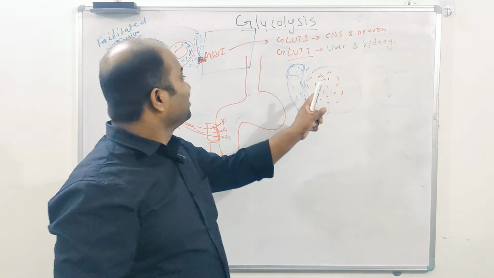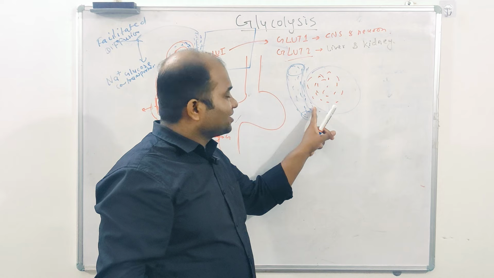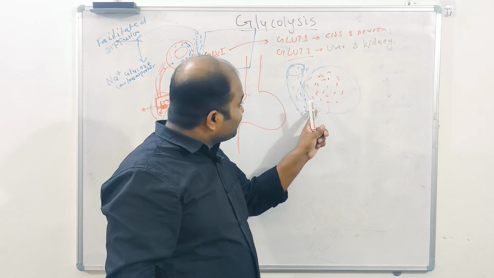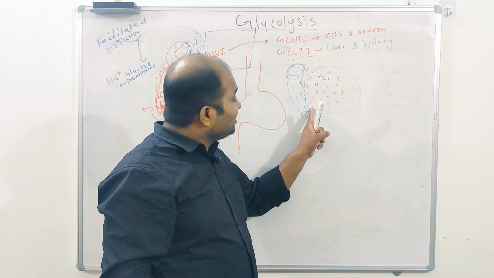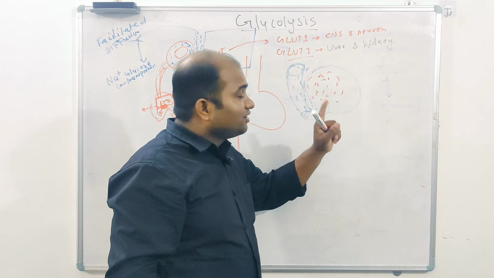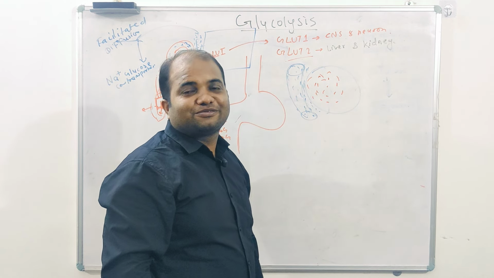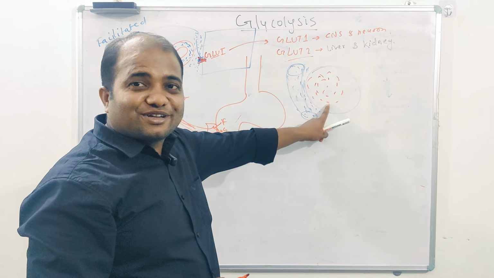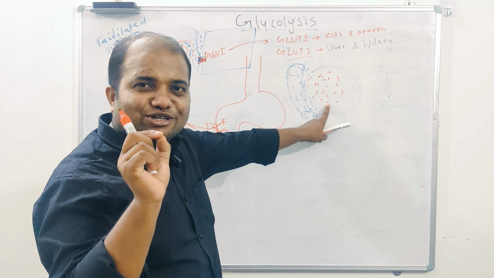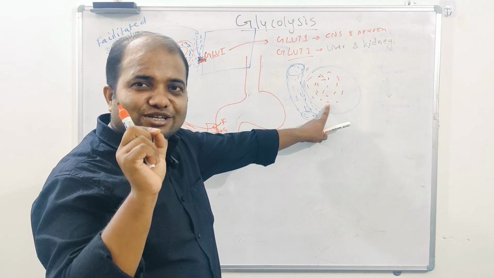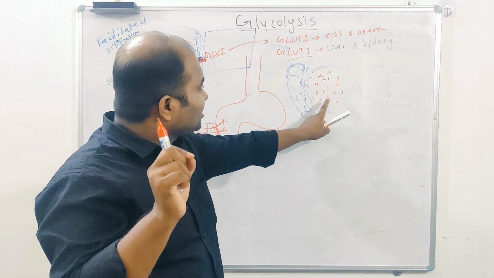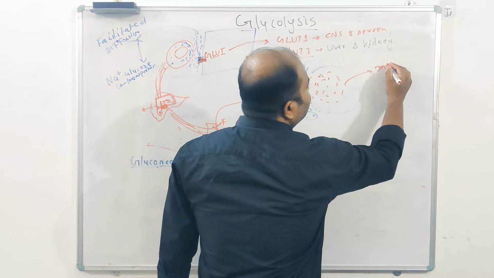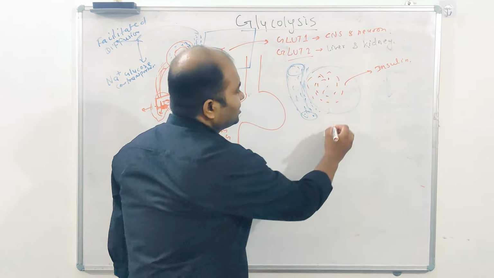Before, we studied that the concentration in the capillary and the interstitial fluid is the same, that I can understand. Now this is one special type of cell in which the concentration of glucose in the interstitial fluid and inside the cell is the same. And you know these cells. These are the pancreatic beta cells of the pancreas, which are highly sensitive to glucose. Even a little change in the concentration can be detected, and they can produce insulin based on that, right?